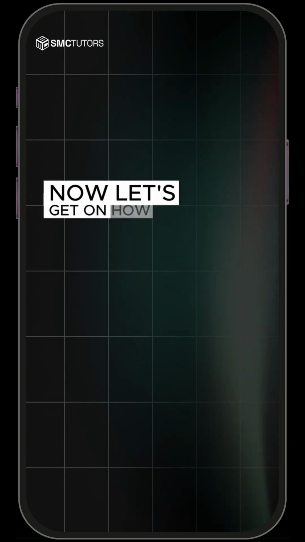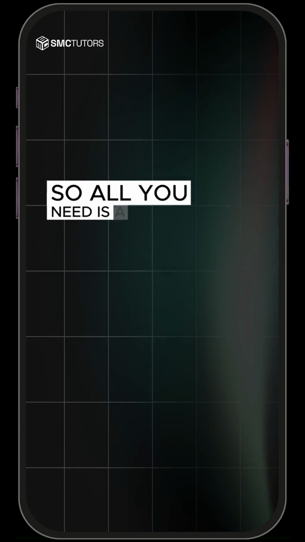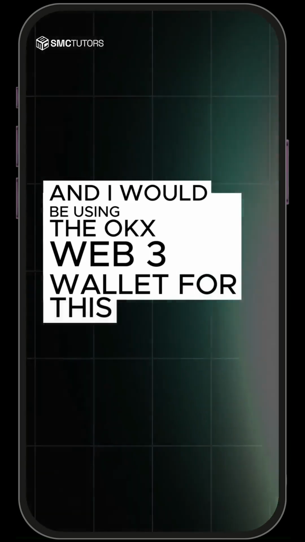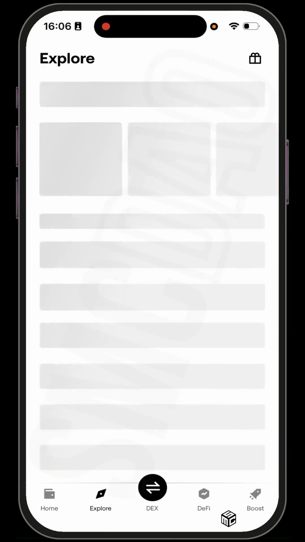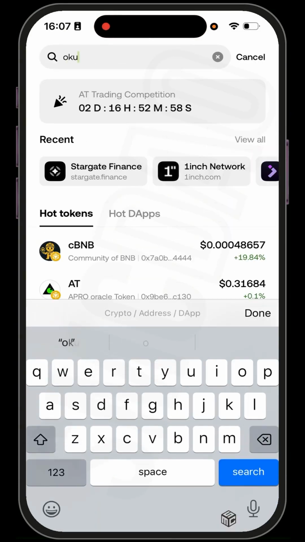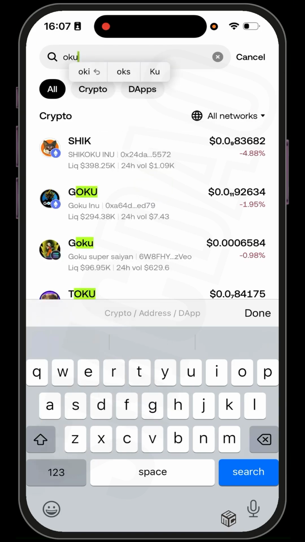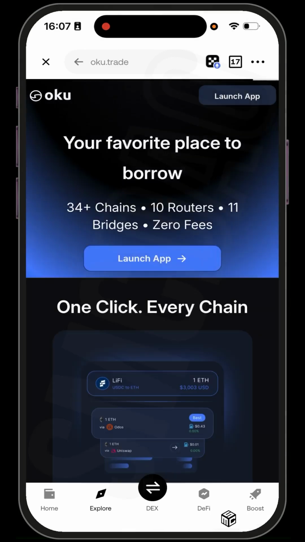Now, let's get on how to navigate Oku Trade, which we will be taking step by step. So all you need is a Web3 wallet, and I'll be using the OKX Web3 wallet for this. So I click on my OKX wallet, and I go into the Explore tab right here. I click on the search, and I type in Oku.trade. Well, it's this Oku over here, so I could use it here directly. Oku, it's a decentralized exchange, and go to Oku. So you could see it over here, Oku.trade, and you click on launch application,